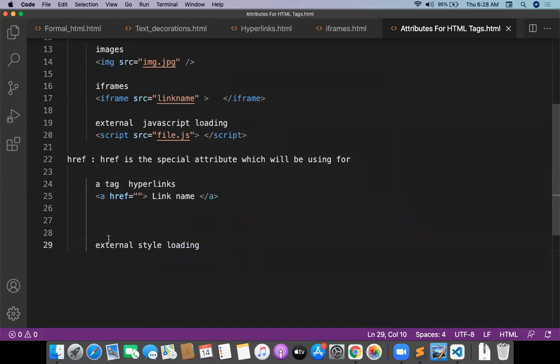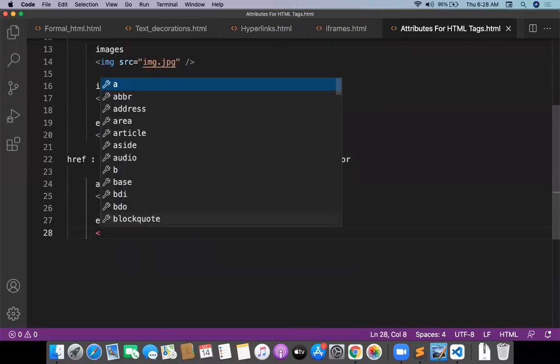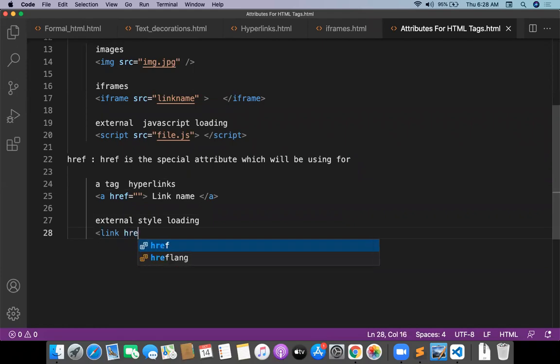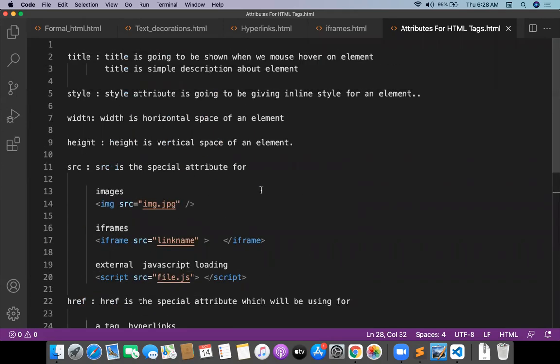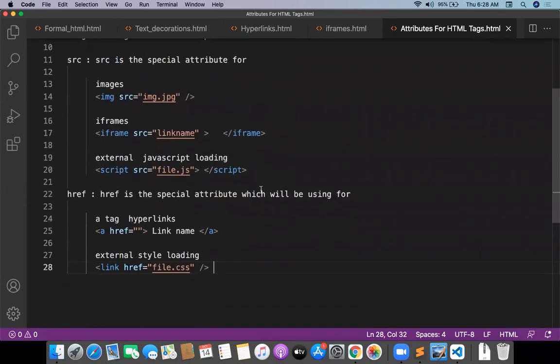And one more for external style loading: link href, here also href is required, and this will be file.css. These are the multiple kinds of attributes, guys, and you should use them where they are required.